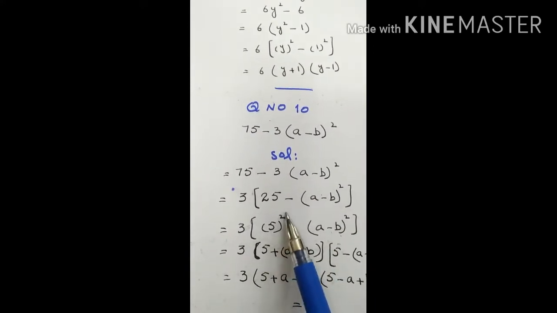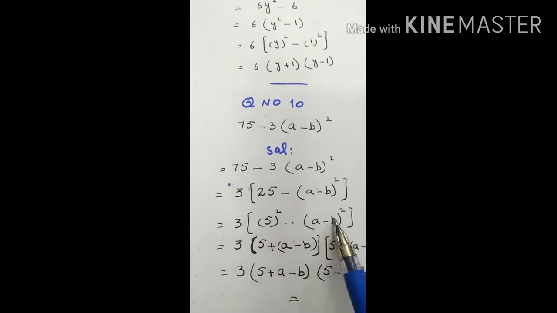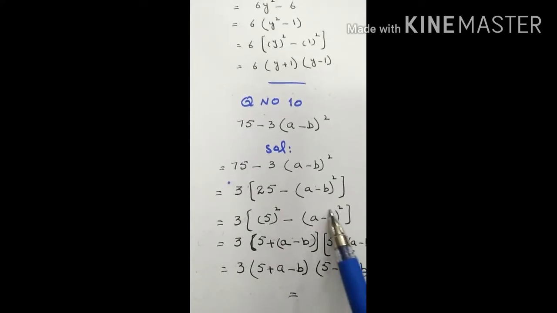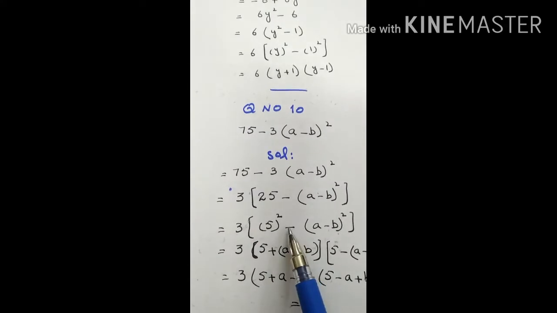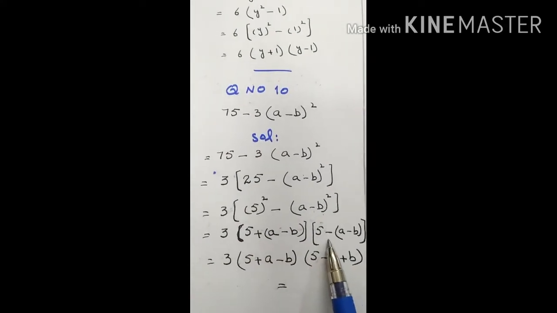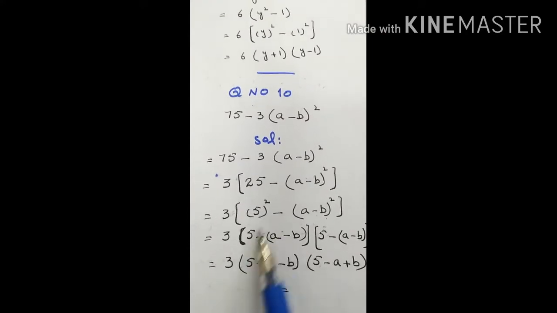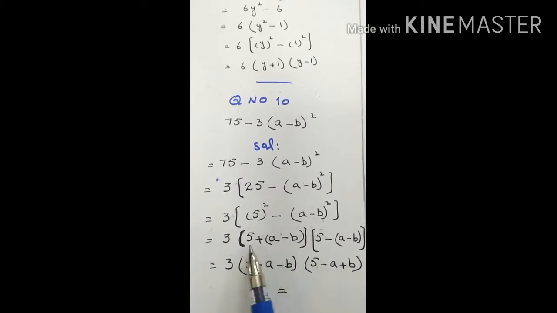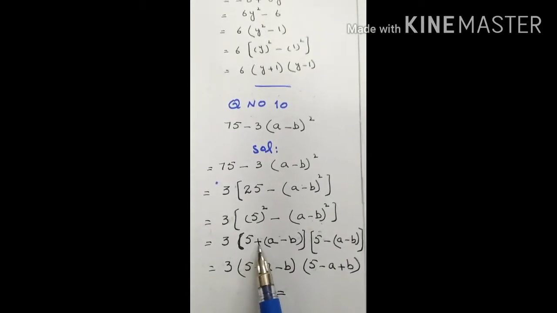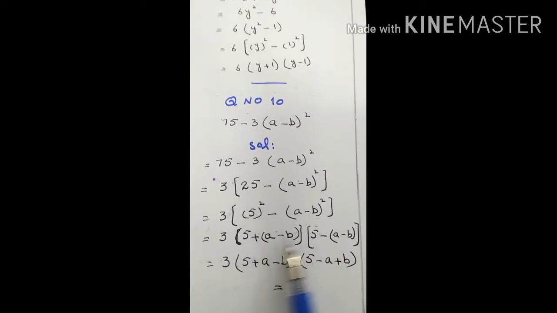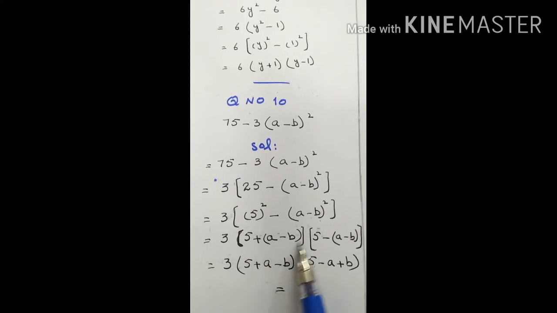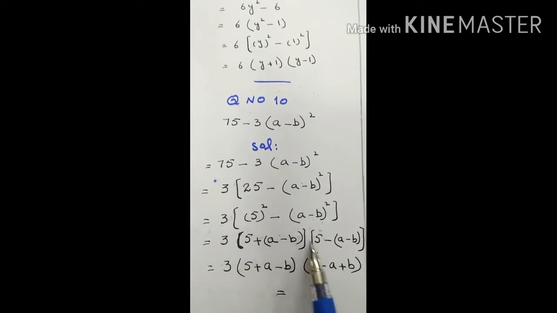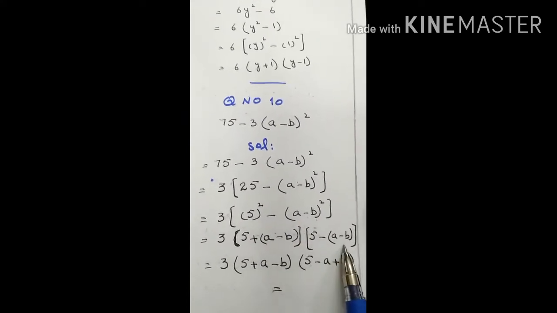Now the same formula, just see, a square minus b square. Don't take it as two values, take this as a whole value. Now write it one time in positive, one time in negative. 5 plus (a minus b), write it in brackets. Why have we written it in brackets? Because we'll open this, and by having this sign positive or negative, the internal signs will change. That's why we have written it in brackets. So a plus b, a minus b.